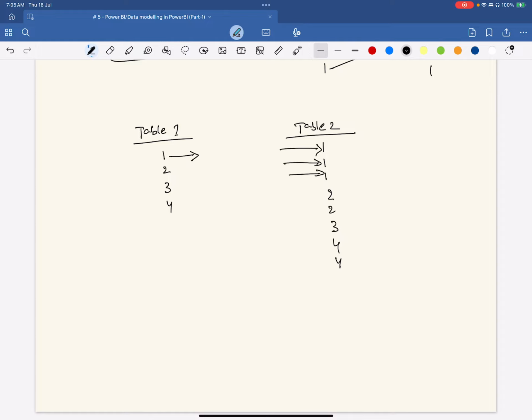This is one scenario. Let's add a few more values in table two. For these values, there are no references in table one, right? For all these four values, there is some reference in the other table, but for this one, there is no reference in